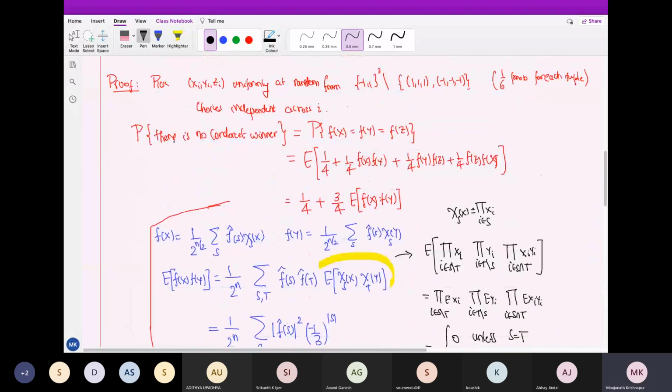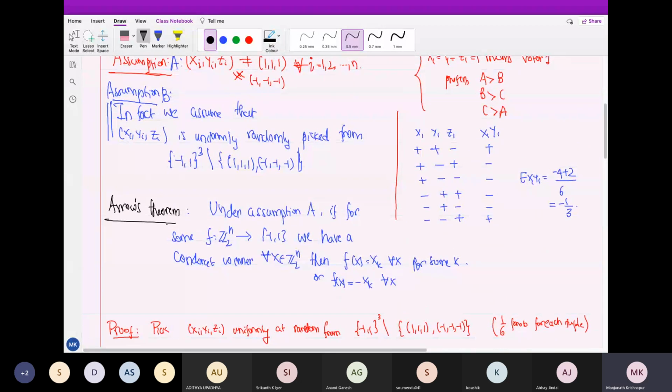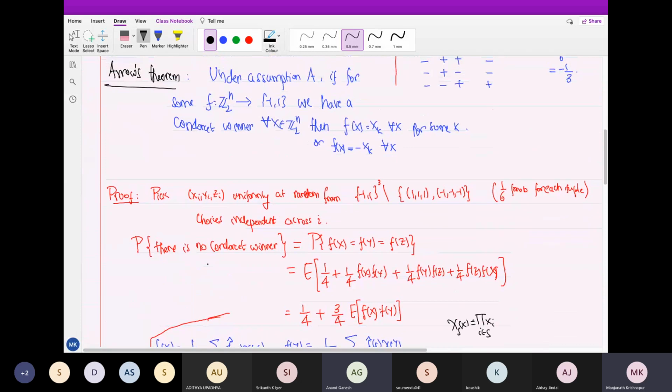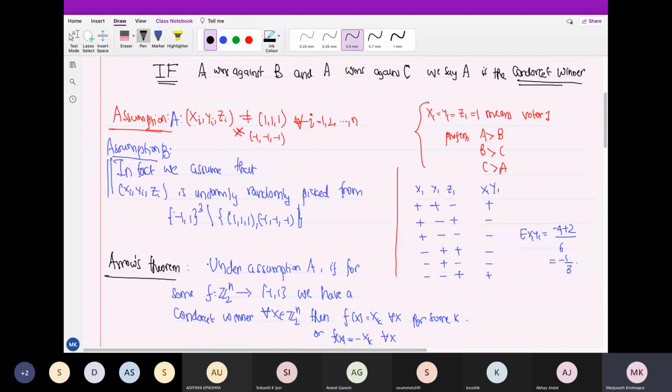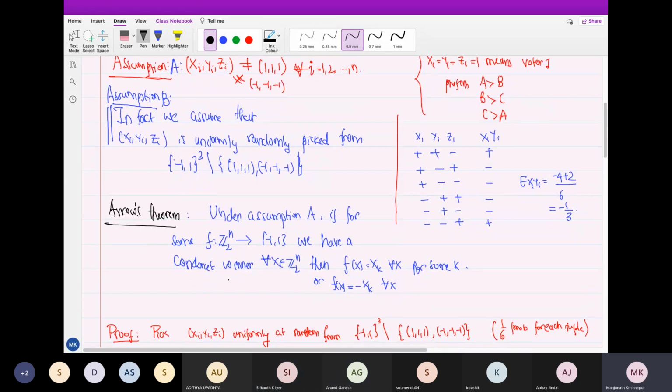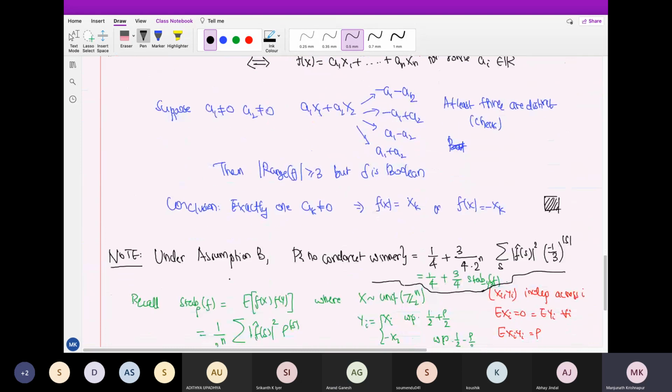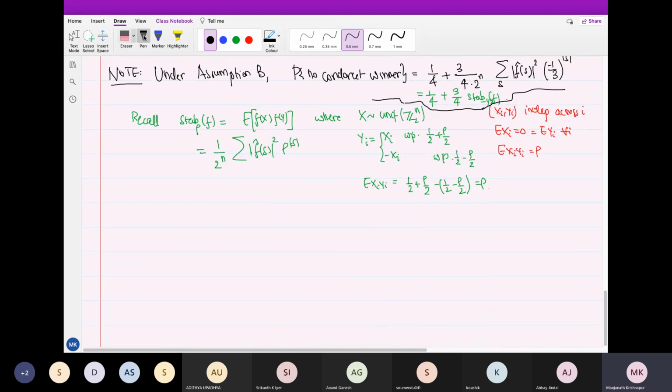Any other comments? But what is your take on this theorem? I mean, have we said anything of content or not? So you can take the majority function, for example, and it is saying that there is no Condorcet winner. Okay. So here is an exercise I want to give. Actually, in itself, this does not have content. Okay. So here is an exercise. Let f be majority. Take n odd.